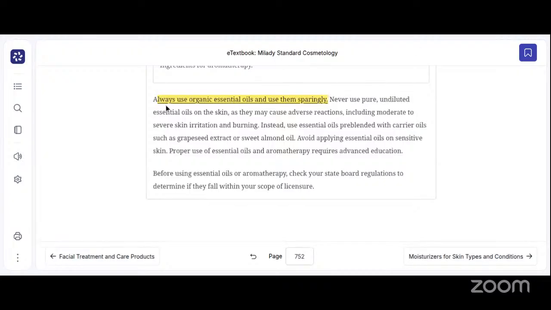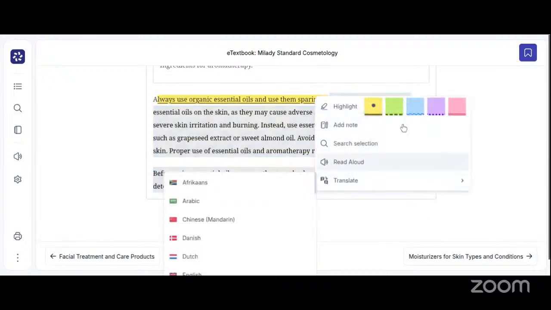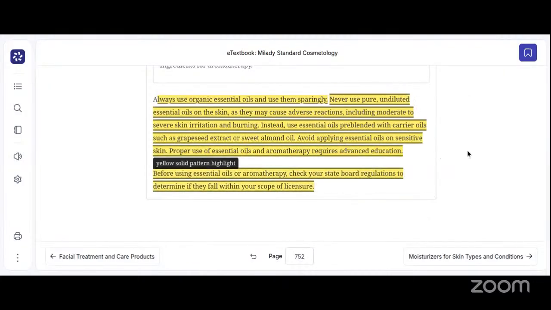All right. And so, as you had the time to read this particular paragraph, let me put the rest of it in yellow as well. Never use pure, undiluted essential oils on the skin. So, as I stated before,